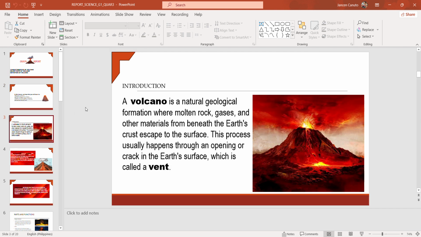So, a volcano is a natural geological formation where molten rock, gases, and other materials from beneath the Earth's crust escape to the surface. This process usually happens through an opening or crack in the Earth's surface, which is called a vent.